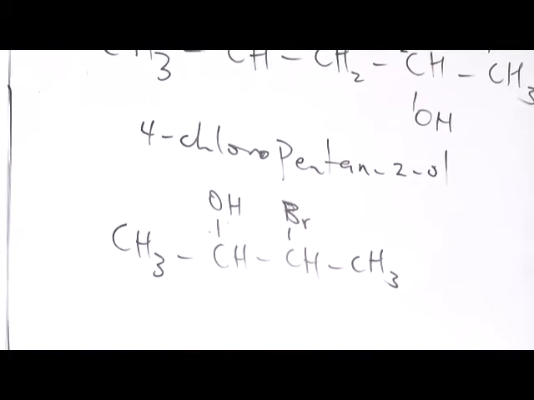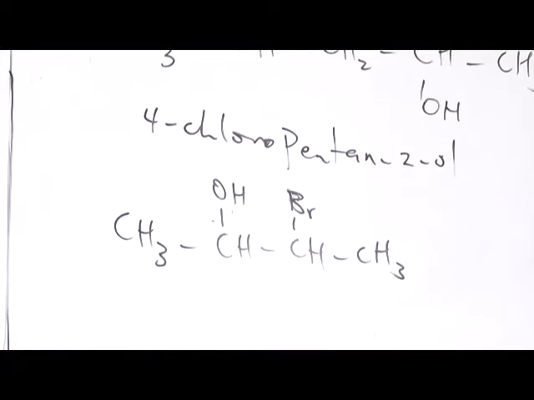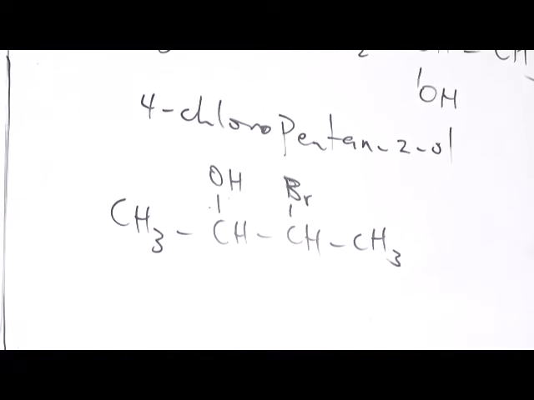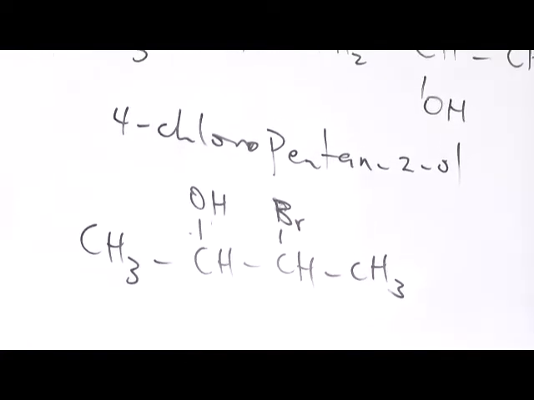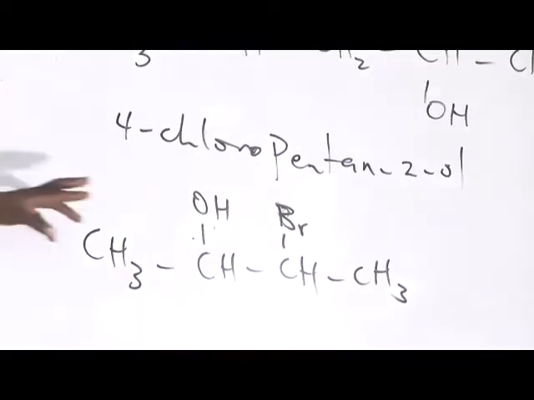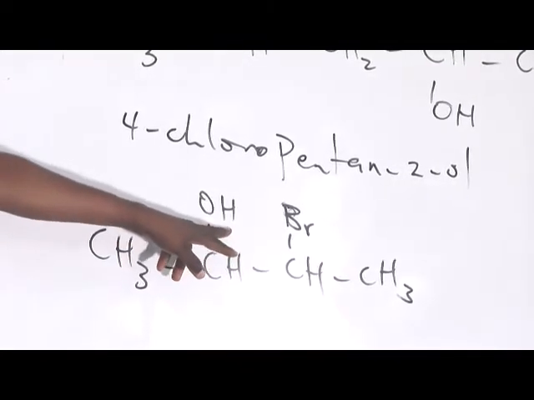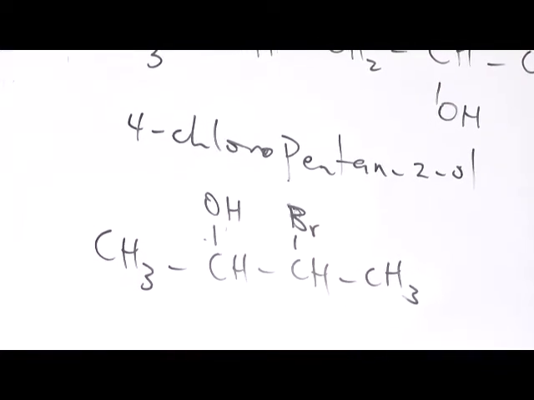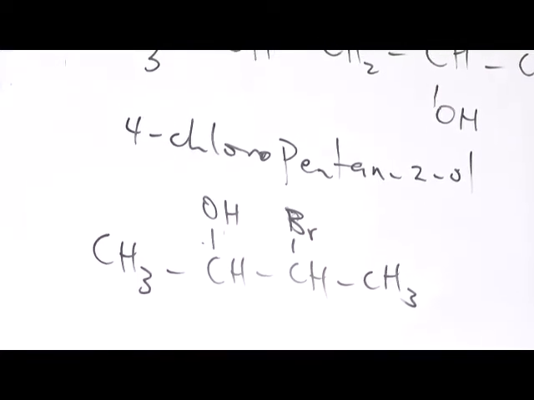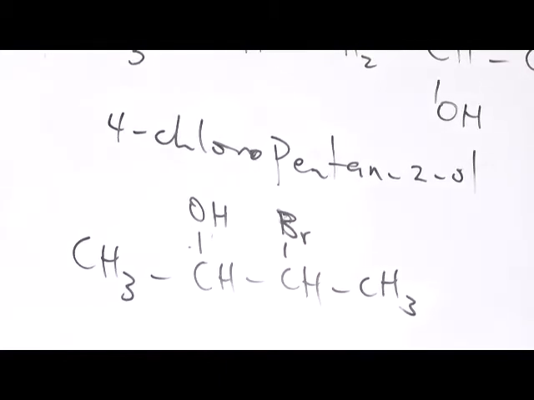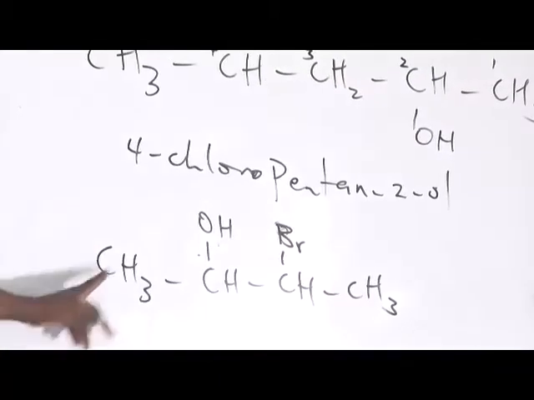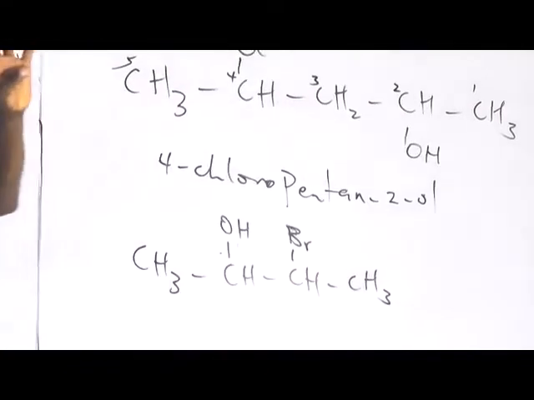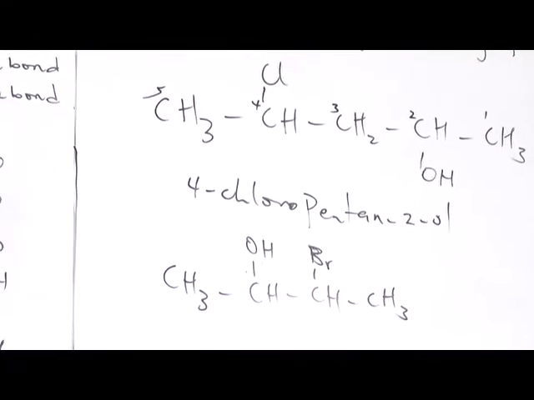Let's start from rule number 1. Rule number 1 says what? Identify the functional group of the given compound. So look at this compound. The functional group is still OH, and that means it is an alkanol family. So how many carbons do we have? That's number 2. 1, 2, 3, 4. 4 carbons. That's what? Butanol.